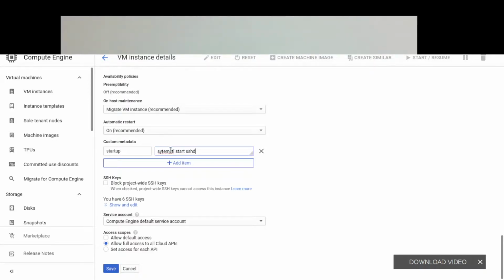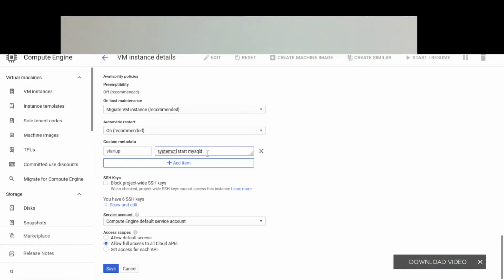This command just restarts the SSH daemon. You can run actually any command, like a command to start your MySQL daemon, mysqld. So that is what this will do when your Linux box boots.